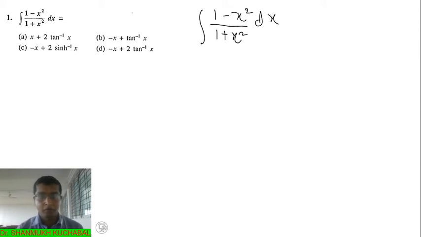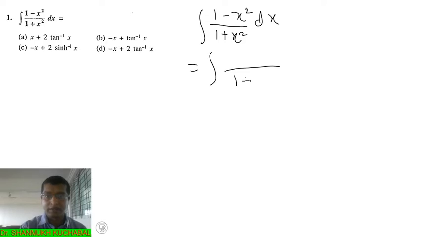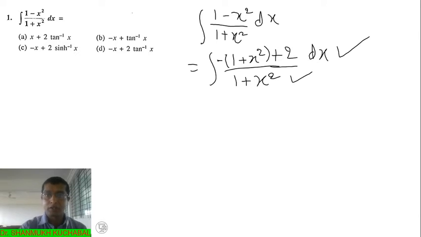So we have to find the integration of this. The denominator is 1 plus x square. Once again I take it in the numerator, that is 1 plus x square. Further, it is minus x square, so outside I multiply by a minus sign. So minus x square we get, but here it is minus 1, we want a plus 1, so I add 2 here. So what we have done here is, according to the denominator, we have balanced the numerator. Once again we have written it in terms of 1 minus x square.